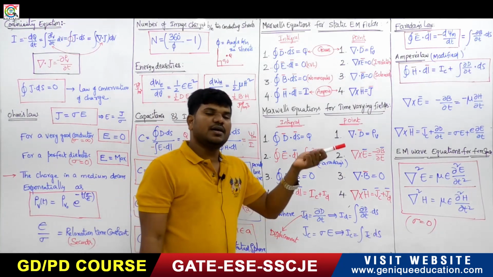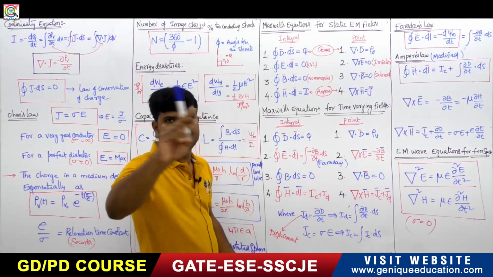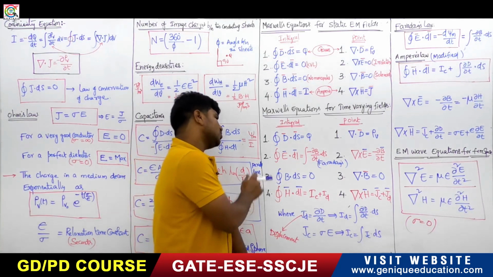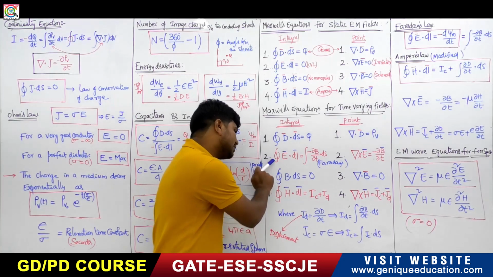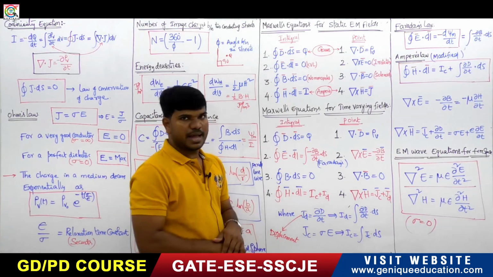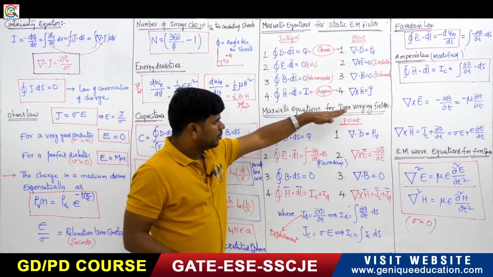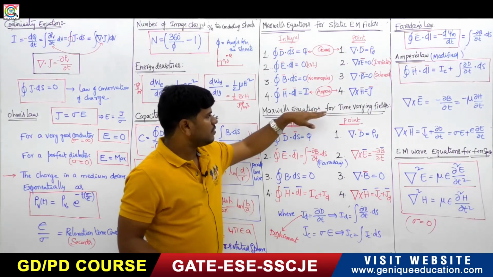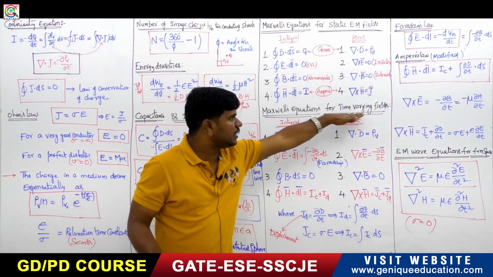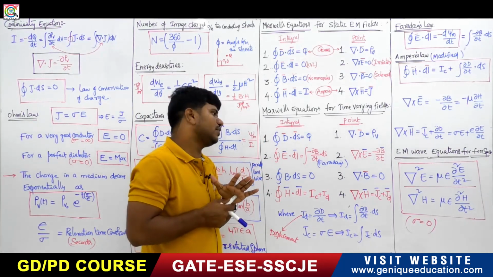That means they are the causes of the time varying electric field and the time varying magnetic field. So that's why you have to concentrate on the second and fourth Maxwell's equations. Before discussing the Maxwell's equations for time varying electric and magnetic fields,